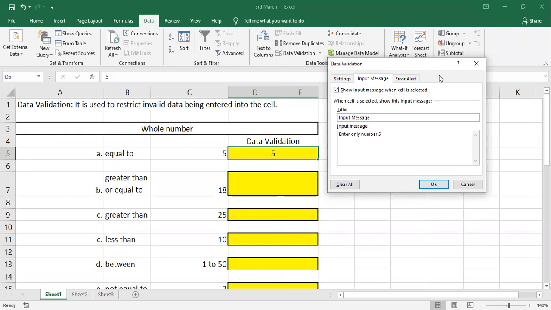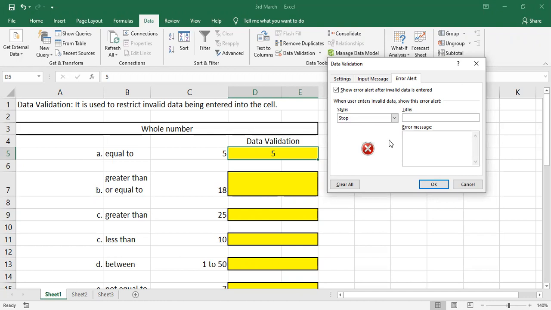In the error alert, by default it is Stop. There are two more types, Warning and Information. Let us use them one by one and see how they work. By default it is Stop, so let it be Stop itself.